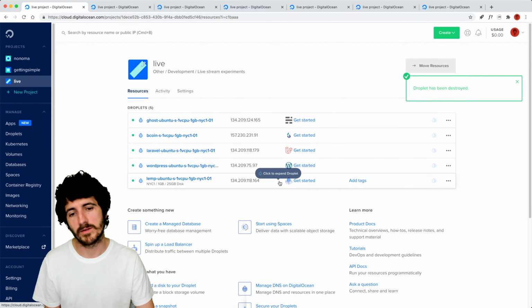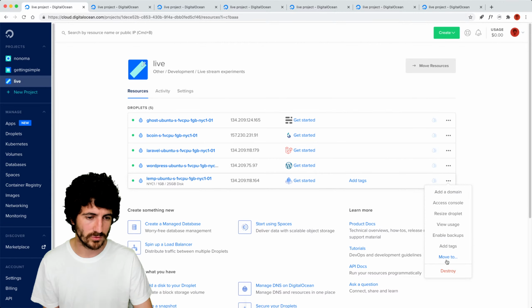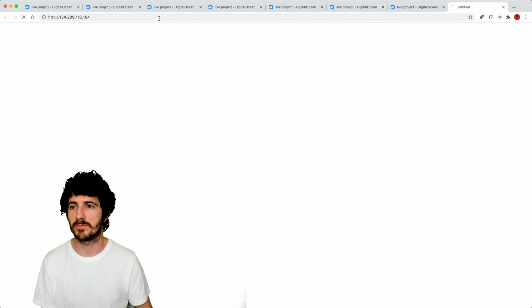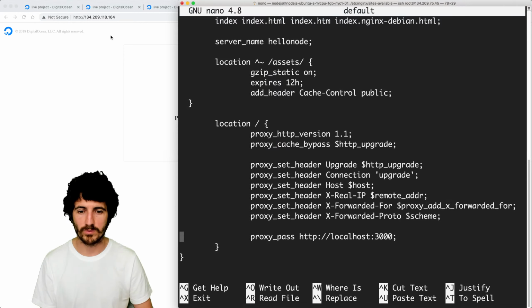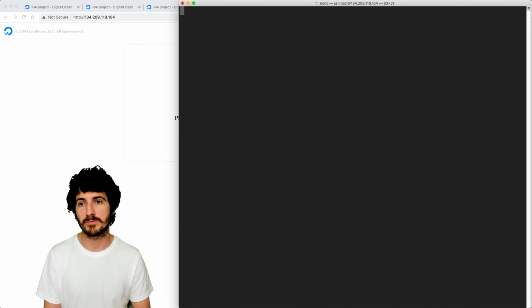Okay, this one is a LEMP stack. So we're just going to go here and see that you have your Droplet. If I log into this one, similarly as before, we can edit the HTML file corresponding to that.